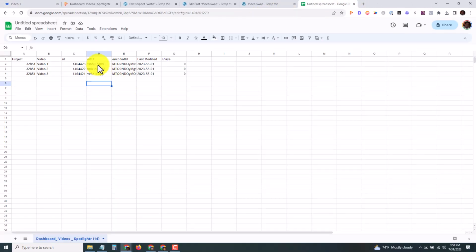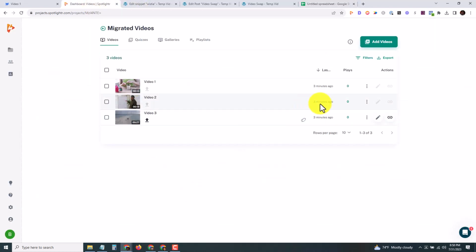You can just check the spreadsheet here, and when you see the Wistia embed code, you search for the ID in the sheet here, and then you'll have the matching ID for the new video in Spotlightr. So now you can copy your Spotlightr embed code to your page, and then just make sure you're using this video ID here. So if I go over to our Spotlightr account,